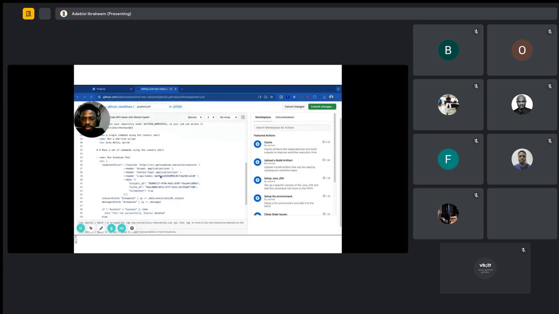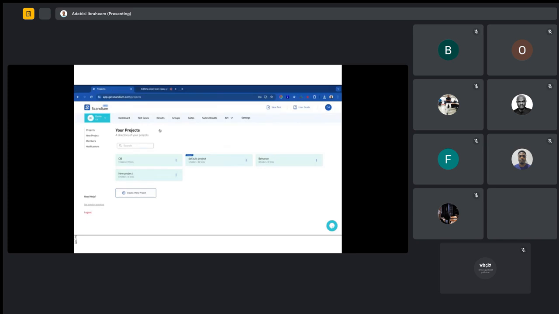We'll be replacing these three parameters: your API token, which you can get from your profile, the project ID, that is the project that contains the suite you want to run, and then the ID of the suite you want to run. You can also specify if you want Scandium to take screenshots while executing this particular suite. So quickly, I'll show you how to get these three parameters from your profile.